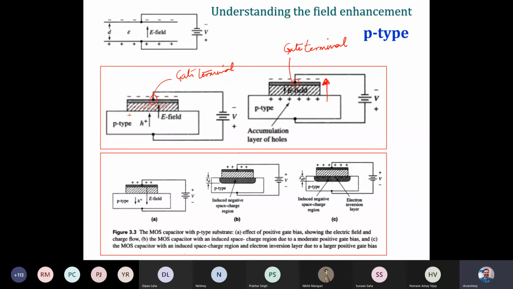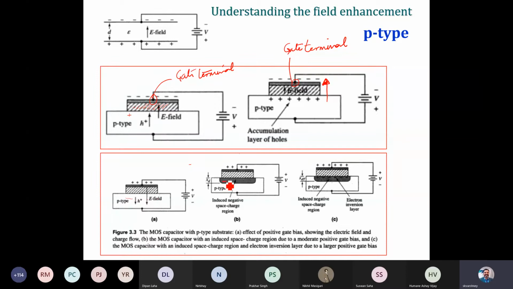Now what's going to happen when you connect the negative charge? There is positive charge here, and the holes are being pushed away from this interface, right? The holes, which are majority charge carriers, will be pushed away from the region surrounding here, or we can understand that since the negative terminal is connected at this point, the holes are attracted towards the negative terminal. So what is going to happen in this process? We uncover the acceptor atoms, which are fixed atoms. So it is going to create a negative space charge, because the acceptor atoms are negative.